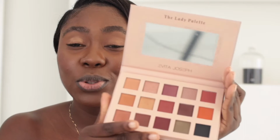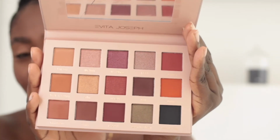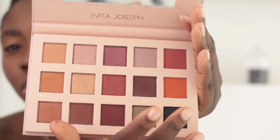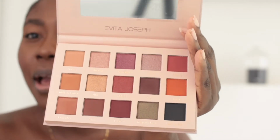So the next shade is called Lord. The orange shade is called Lord. I didn't want to write L-O-R-D because I wouldn't want us to use the Lord's name in vain. But then, L-A-W-D, this shade definitely means Lord, our Lord and Father. And also when you use it, it's so fire. You're like,